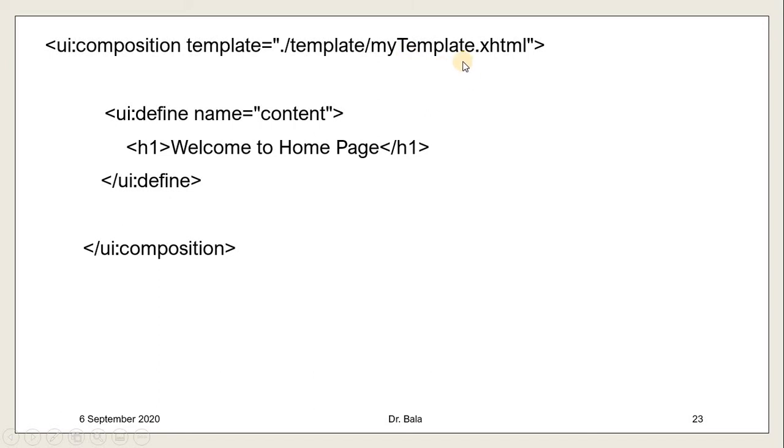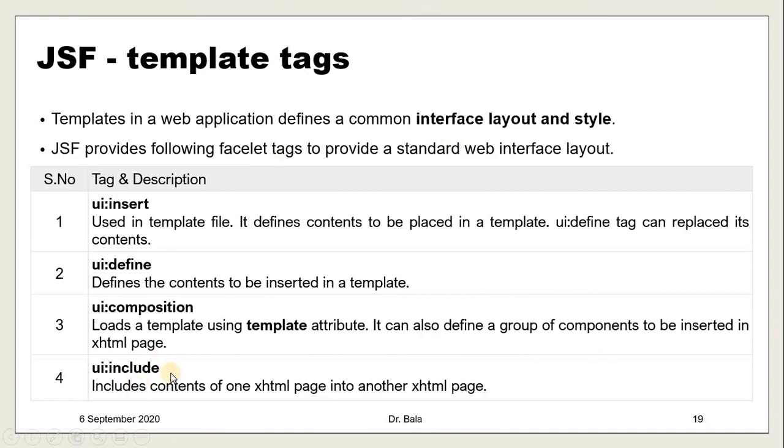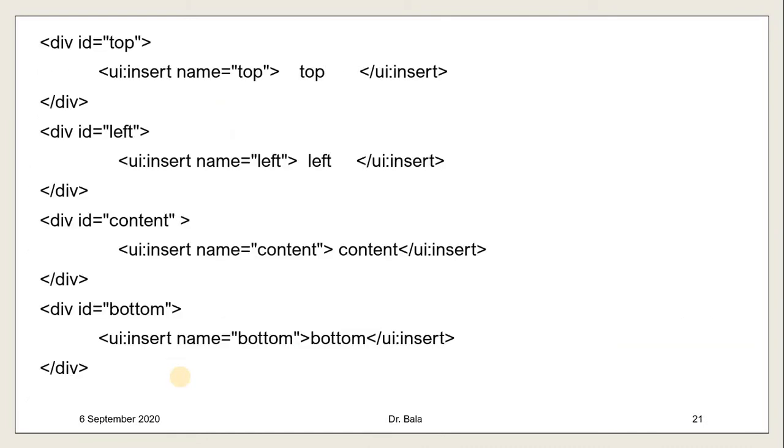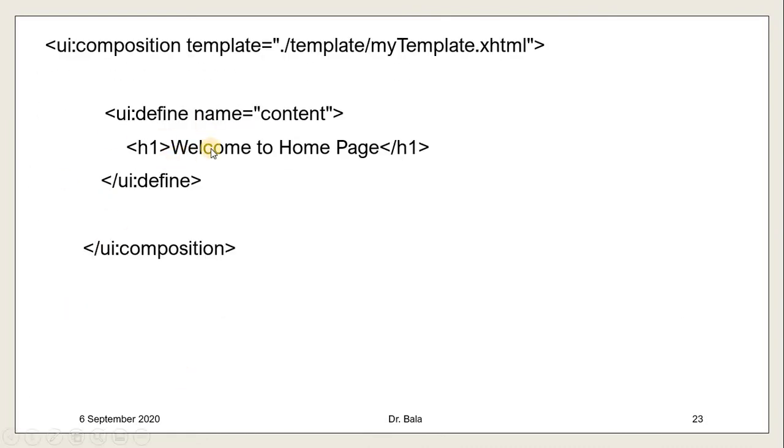My template is the one which we prepared earlier, which has the top, left, content and the footer. So that is loaded. In that, what I have selected is to only load the content area, for example with the welcome. So this is defining: define what you want to load. In this area also, if you have big content, you can use include. You can say not include, ui:include. You can say any page you want to load. Either you can define it here, or you can design a separate XHTML and then load it here. Okay, so let me show you the output.